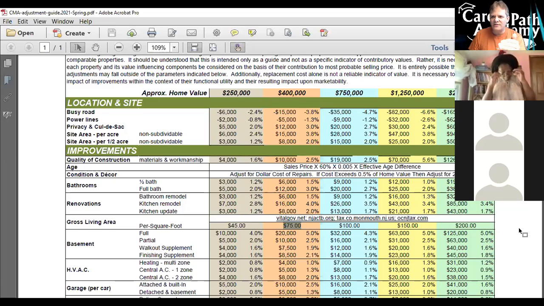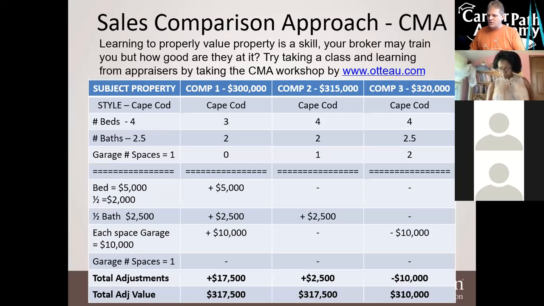Which improvements will pay back the most, and how much would it be worth? Well, how much it would be worth is a little bit more of a guesstimate for them, but which improvements will pay back the most is more accurate information you get from builders' blue books. Okay, and that's coming from builders of new construction or that are doing home improvements. This way they know how to value and market their services, and they know how much their properties should be valued at based off of those